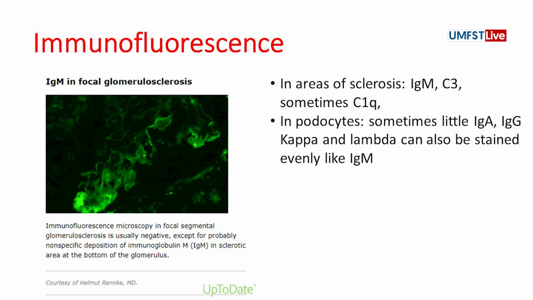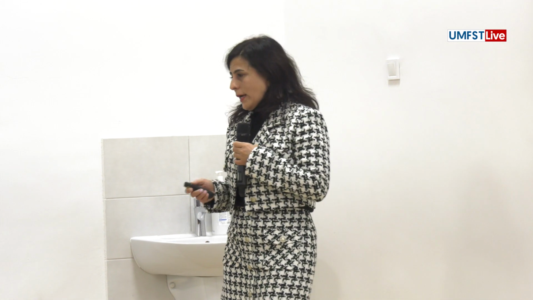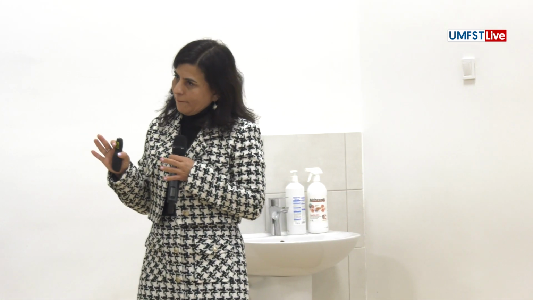In immunofluorescence, it's usually negative, but we have to be careful because the injury areas are the chemotactic areas. All inflammatory mechanisms are migrating to that place. That's why we can also see IgM, C3, and sometimes C1q accumulation in the segmental areas of the glomerulus in immunofluorescence. But the appearance is non-specific, I would like to say. That's important. In electron microscopy, if you are lucky, because this is a focal lesion,